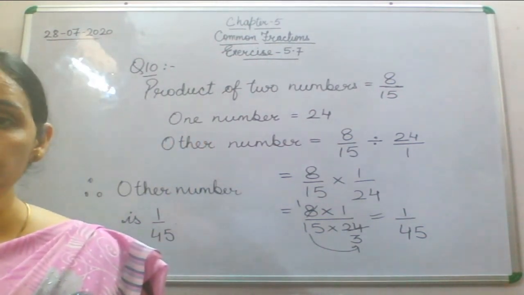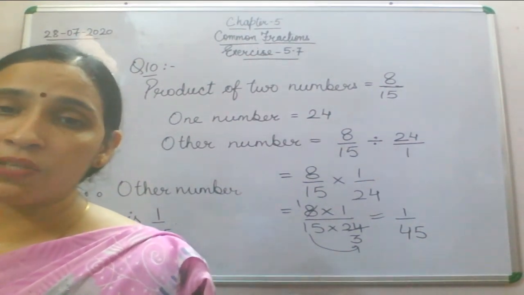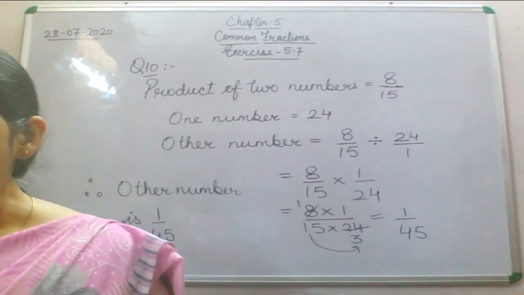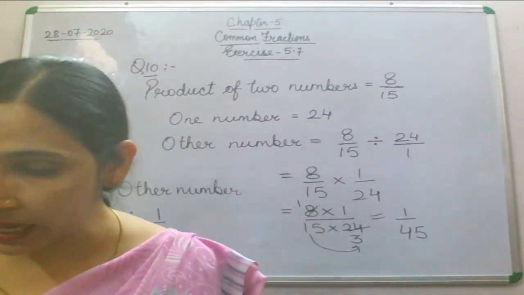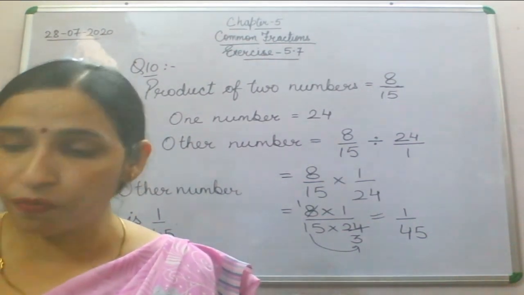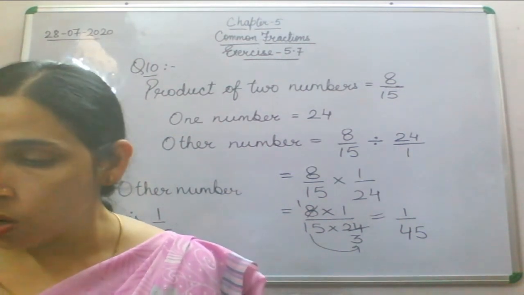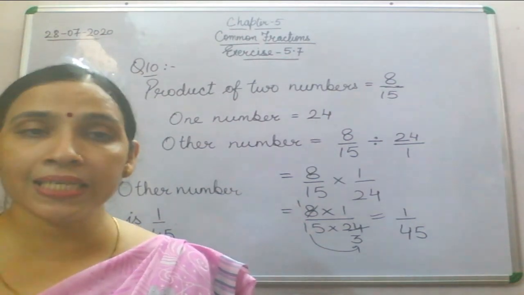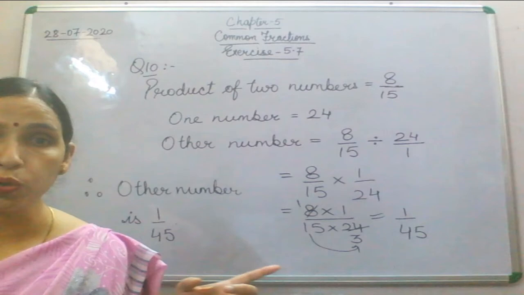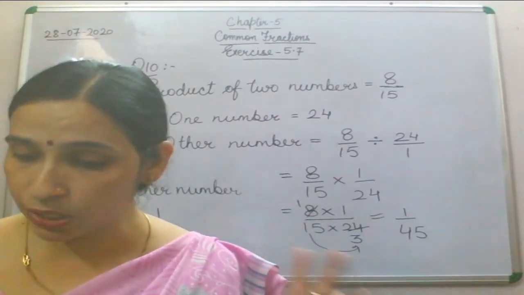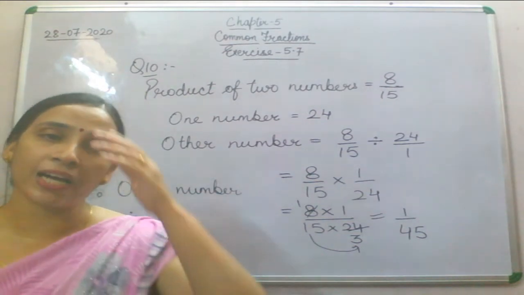Now we have our question number 11, the last question of exercise 5.7, and that is again a word problem. Rahim divided 3 by 5 of his property equally among his 3 children. What part of the whole property did each child get? Now this question we are going to start tomorrow. Tomorrow we are going to take this question number 11, and after that we are going to do the fraction wall